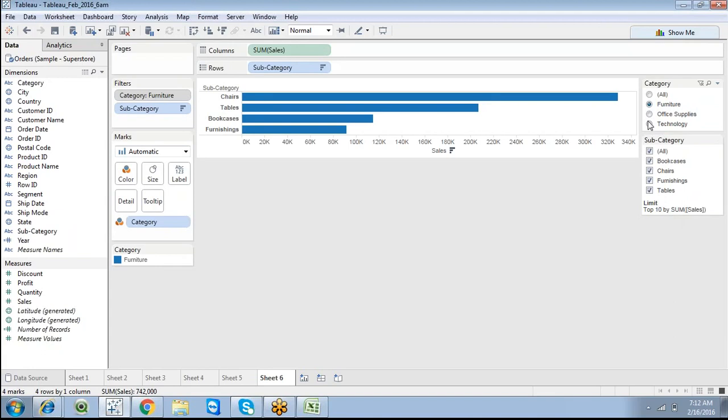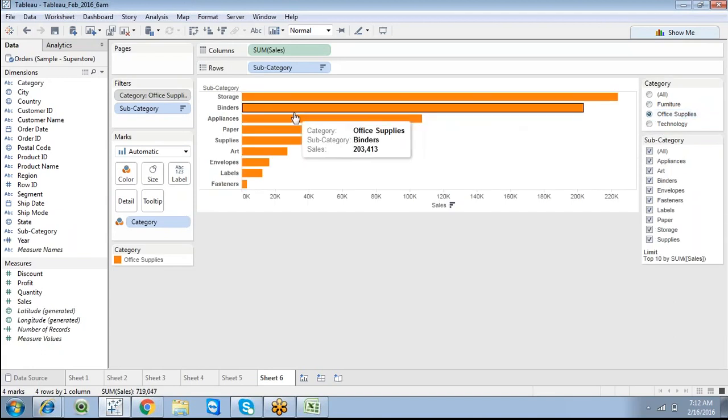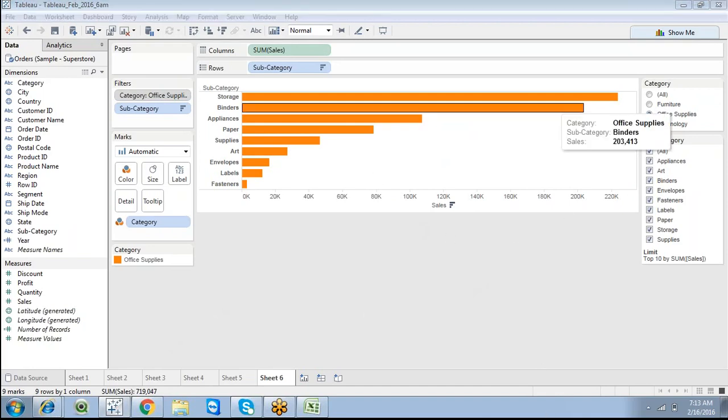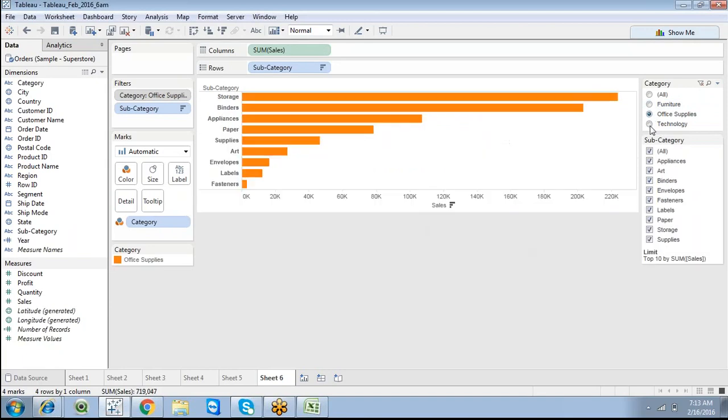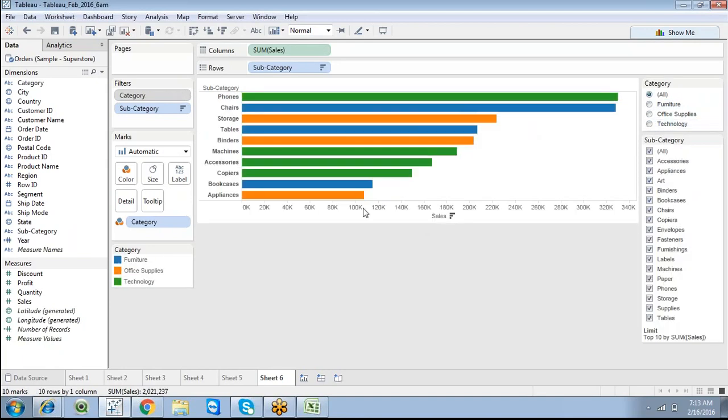But it takes the limitation, because when you select office supplies, it is going to display 9 rows, but in my reporting, or in my top 10, I don't have 9 office supplies records. I have only 3 records. We already checked with 3 records. So that is what a context filter is. Click on technology, you can showcase 4 values. So it's a simple filter: furniture, office supplies, technology. Click all, it showcases 10 values. So that's the main differentiation with the context filter.